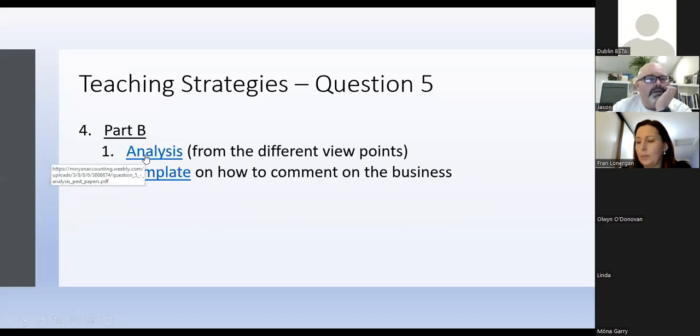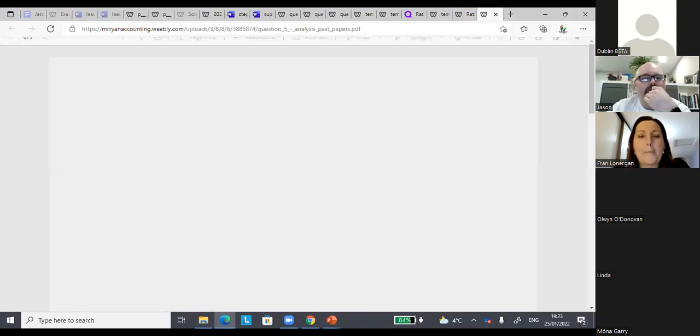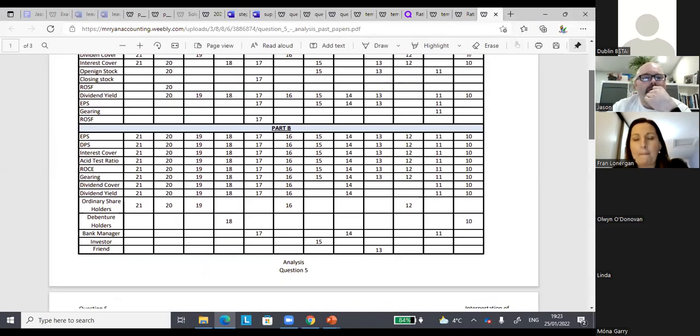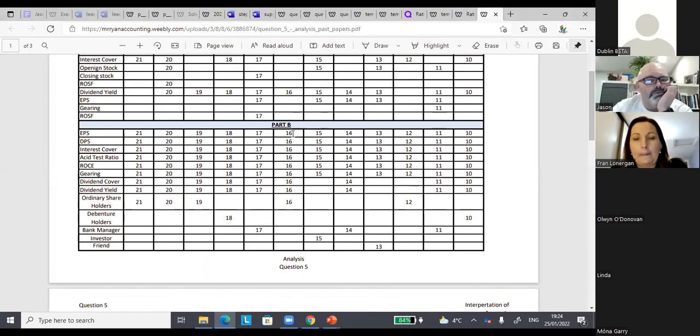Then for part B, same again. So the analysis sheet for part B, look at the same questions that have come up over and over again. So once they know these questions, the EPS and the DPS, they know it's going to be asked in the paper. And then there's a link over with the interest cover and the interest cover down here, the dividend yield and the dividend yield for part A. So it's only like 10, 12 formulas that they need to know that come up all the time. And it helps them a little bit to say, well, this is when it comes up and when we need it.